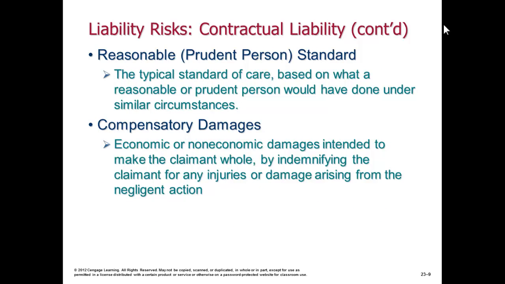In liability law or contractual liability, there's always the reasonable standard or the prudent person standard. And oftentimes you'll hear it called the prudent person standard. And basically what that says is, this is the standard of care or the standard of operation based on what a reasonable or prudent person would have done under similar circumstances. And so as you and perhaps your opponents are trying to determine that negligence really occurred, then kind of overriding all that is going to be the prudent person standard that says, is this something that was reasonable or unreasonable that occurred in terms of negligence?